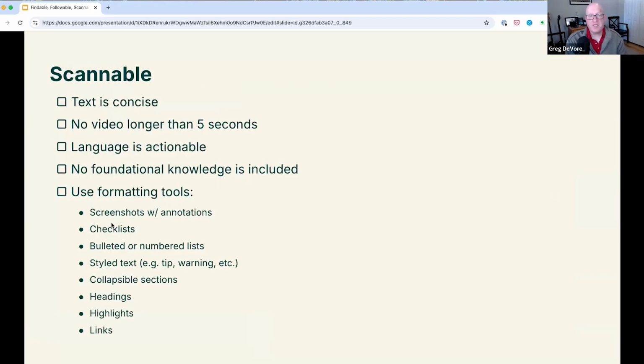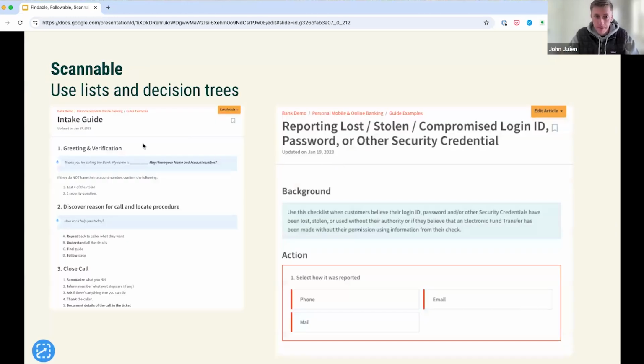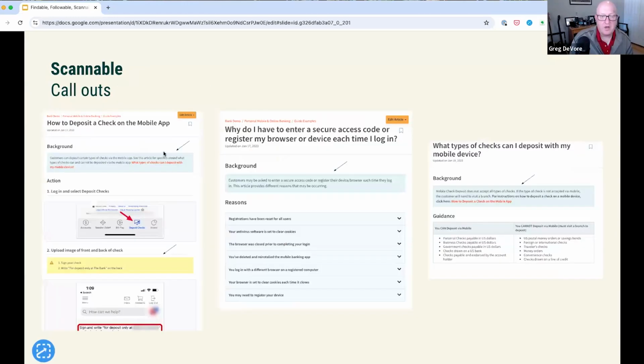So the checklist for this is a little bit longer, but quick question, Greg. Yeah, Mark asked in the chat, he says, when you say text callouts, are you talking about the styles and blocks, info, warnings, that sort of thing? Yes, exactly. So these are in ScreenSteps. You can take a paragraph and mark it as a warning or an alert or a tip. Like I said, use them sparingly. But what I do, and we'll get to this in a second when you're testing, is if you see people are skipping an area, then I will call those out.